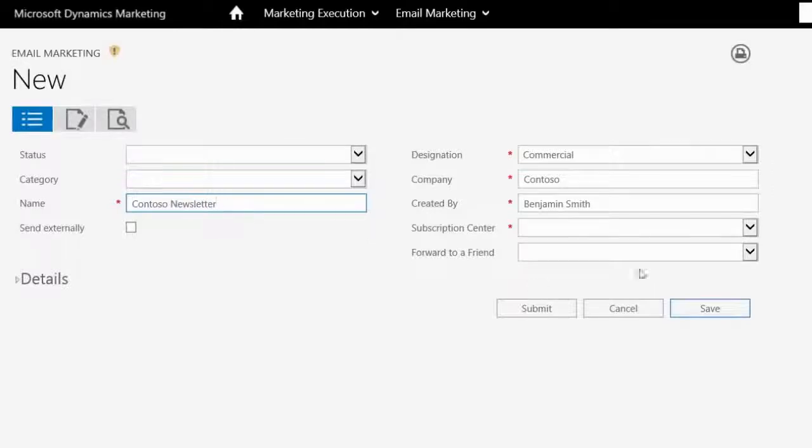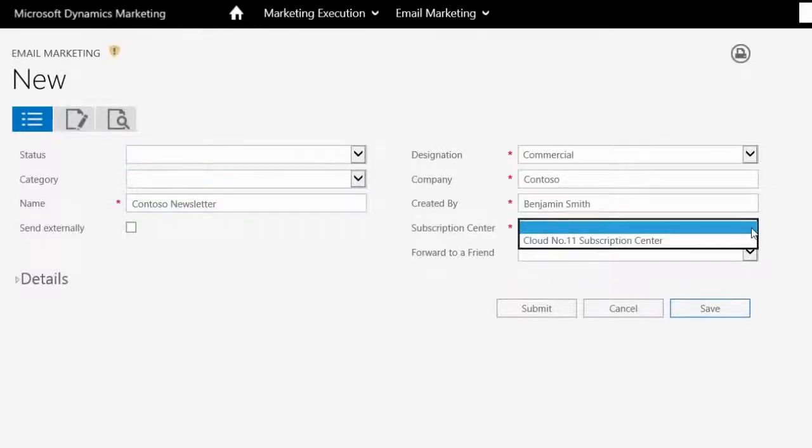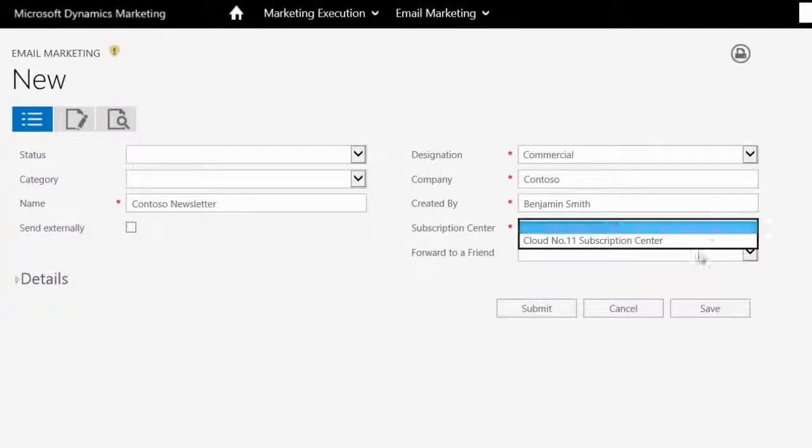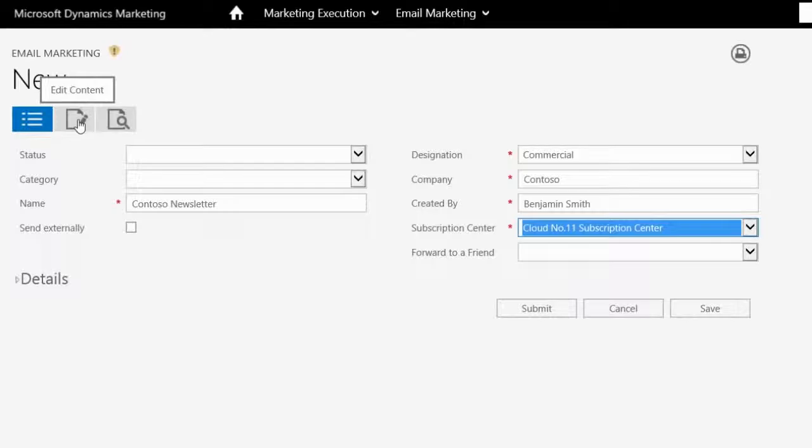We will also need to choose the Subscription Center. A Subscription Center in Dynamics Marketing is a link to the User Preference Center where the email recipients can change subscription preferences and unsubscribe from all communications. This is mandatory in all email marketing communications. Once all the details are entered in the Summary tab, we can start creating our email content by opening the